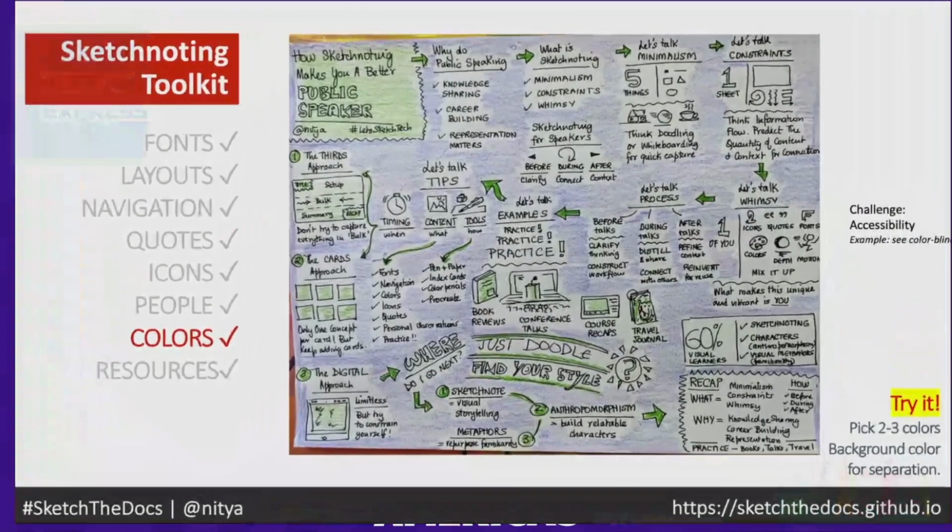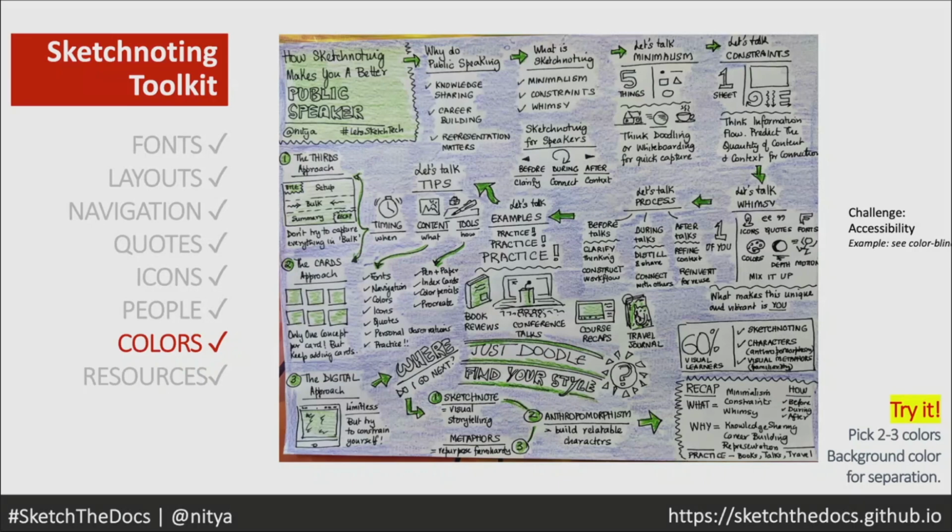And all this time, you could have done everything we talked about with simple pen and ink, black pen or blue pen and paper, right? But adding colors can now add a complete new dimension to make your visual vocabulary stronger. And it actually has two different value propositions. First, color acts as a natural separator. So in this, if I didn't put the colors in there, you'd have seen a sheet of paper with lots of black ink. By adding this blue background, I immediately create separation, and you can see there are various containers without me having to draw container boundaries.